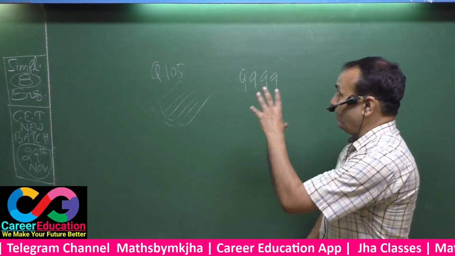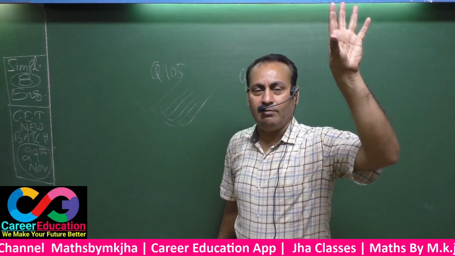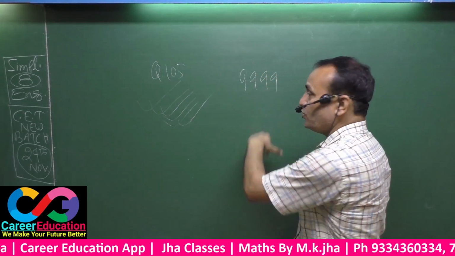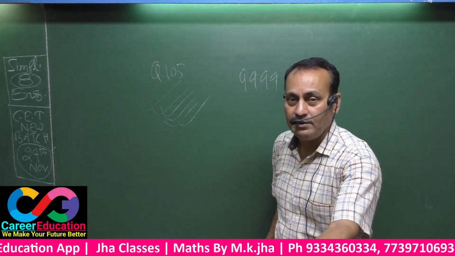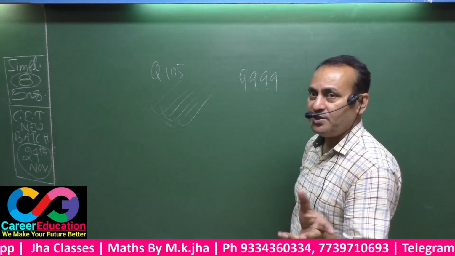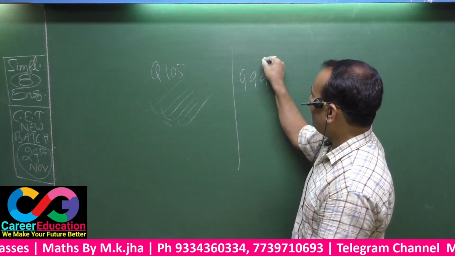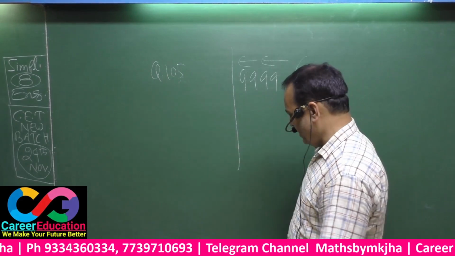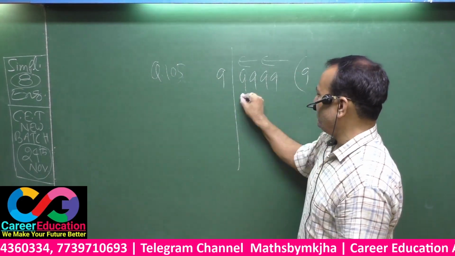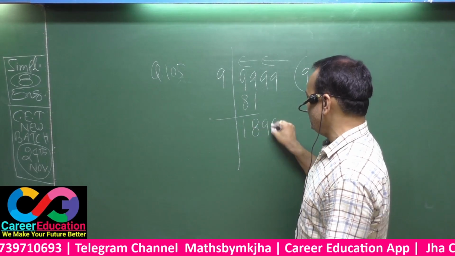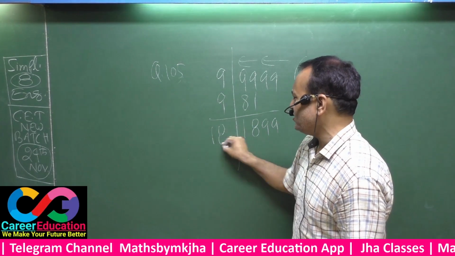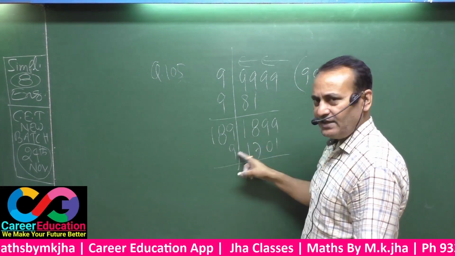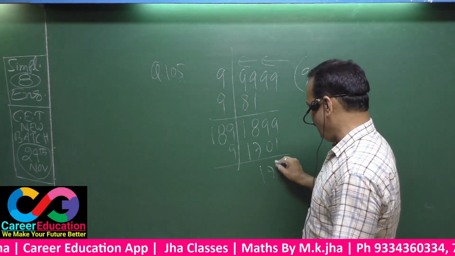See here. What least number must be taken from the biggest 4-digit number so that the result must be a perfect square number? That means we have to have a 4-digit biggest number, that is 9999. Now after pairing from rightwards we have to have the square root of this. That means see, 9 9s are 81. This is 18. 99 must be dropped. This 9 will be added here. This is 18. Now again 9 chance will be applied here. This will be 170. 9 9s are 81 like this. This is 198 your remainder.